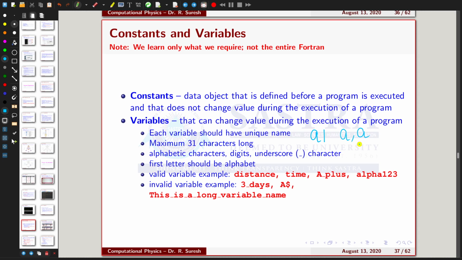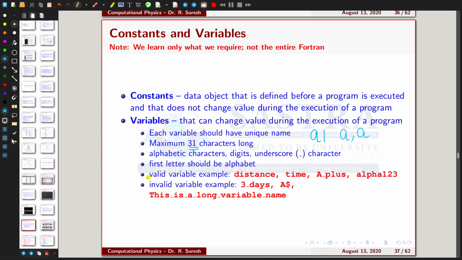So it should be unique, and every variable has its own maximum character length, which is 31 characters. Beyond this, the compiler will show you an error. Similarly, a variable should start with an alphabetic character, not a number. It can also contain digits, underscores and other characters, but the first letter should be alphabetic.